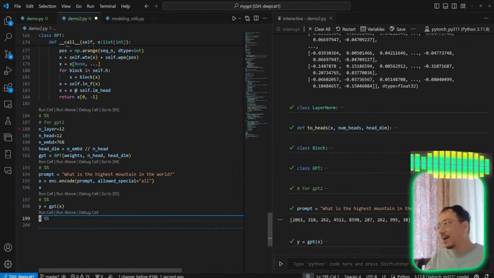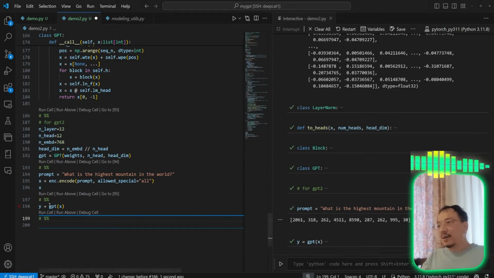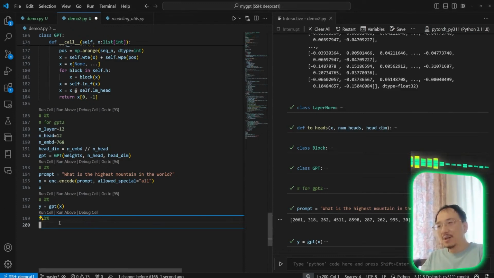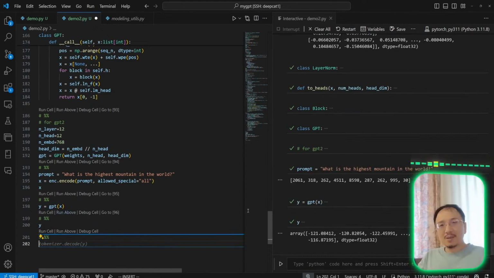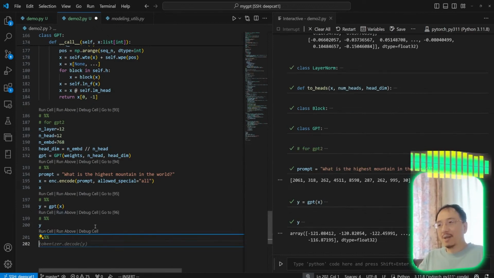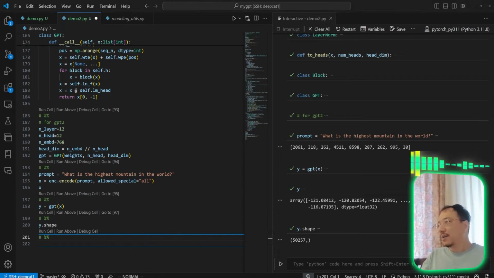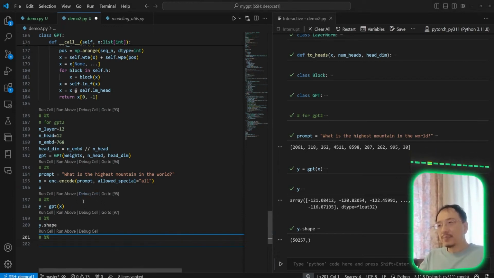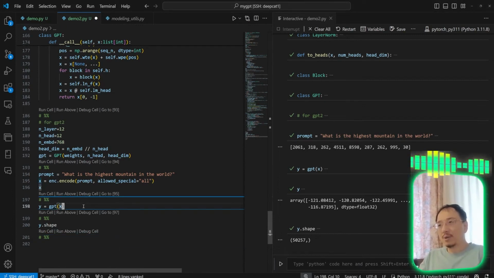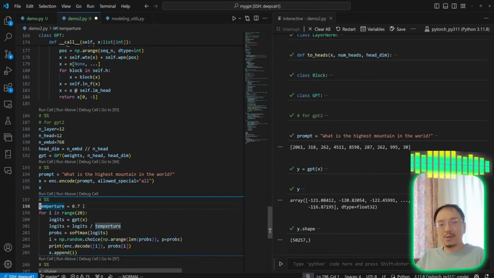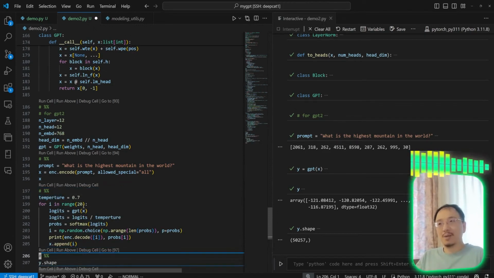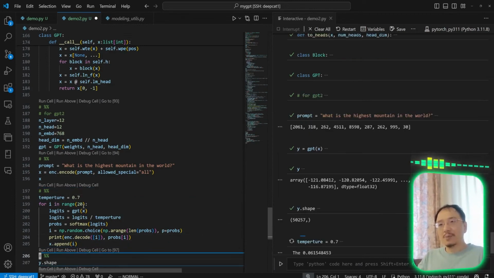It takes a small amount of time, so let's see what y is. You can see that y is just an array, and the array has a very large shape. We should do a softmax to do a sampling. So let me try a sampling process right here. I'm writing it in a loop to let you see. I'm not doing top K or top P, I'm simply using the temperature sampling. And you can see